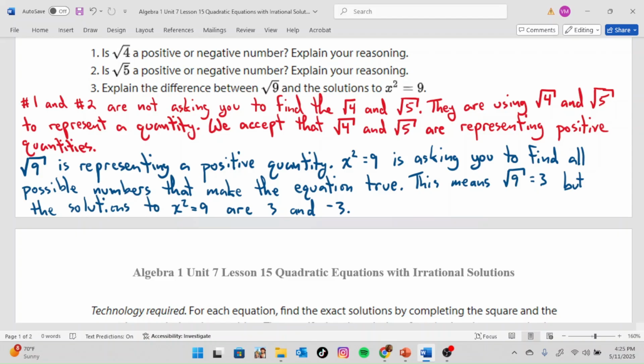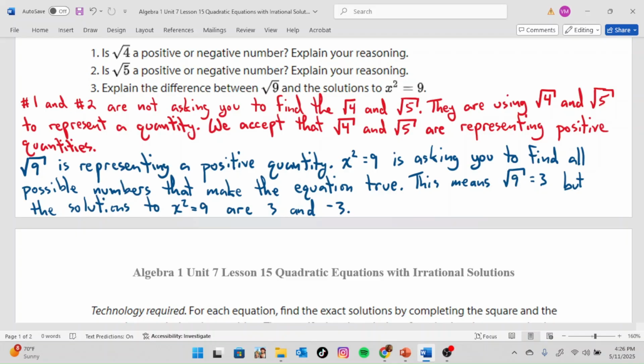And the difference is that if I'm using a radical to represent a quantity, then if I just have square root of 9, then I am representing the positive 3. If I wanted to represent the -3, then I would put negative the square root of 9. I would put that minus sign to the left of the square root symbol. That way I would find the square root of 9 to be 3, and then that negative would make it